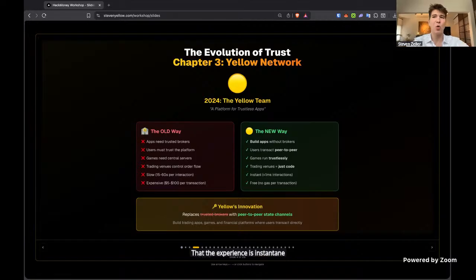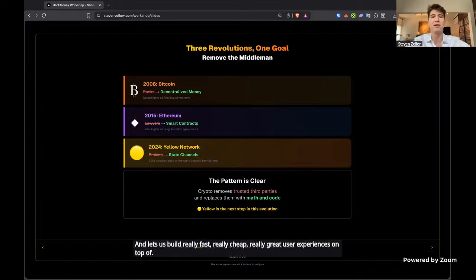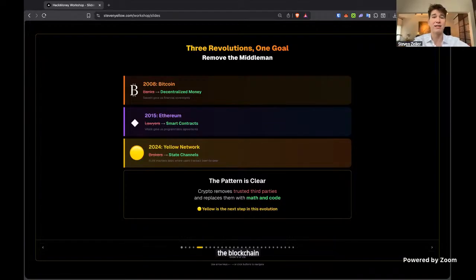Things happen as quickly as a click, and for basically free, essentially no gas costs. The pattern is clear: crypto removes trust, and the Yellow Network takes that to the next level and lets us build really fast, really cheap, really great user experiences on top of the blockchain infrastructure that already exists.